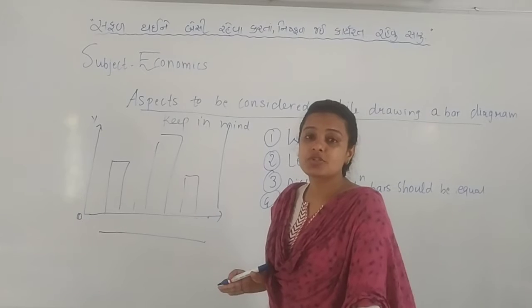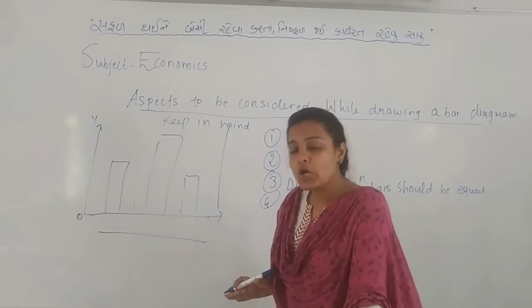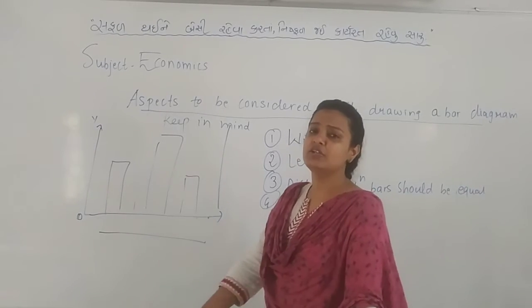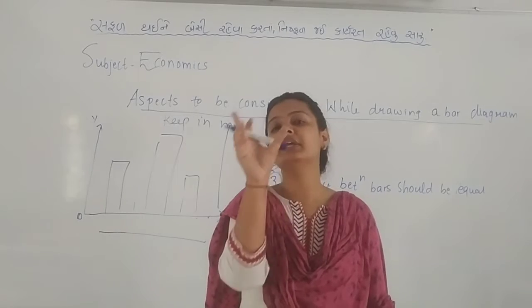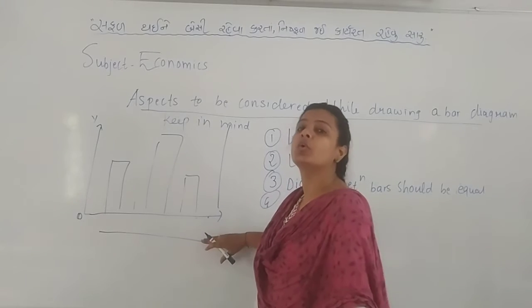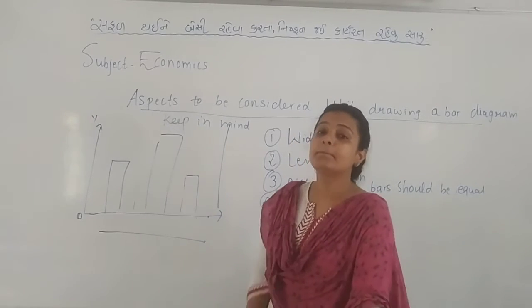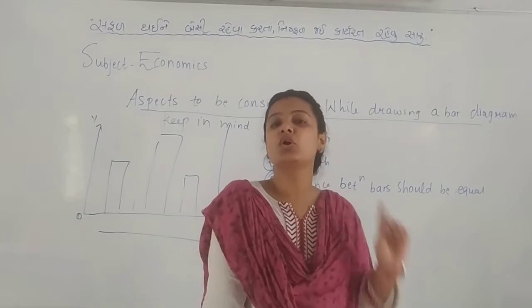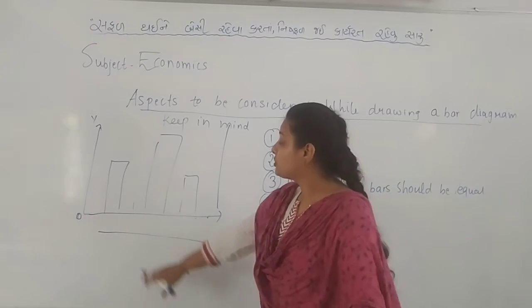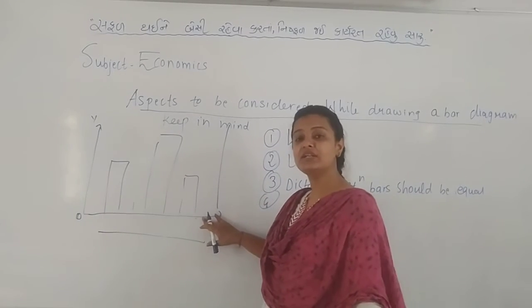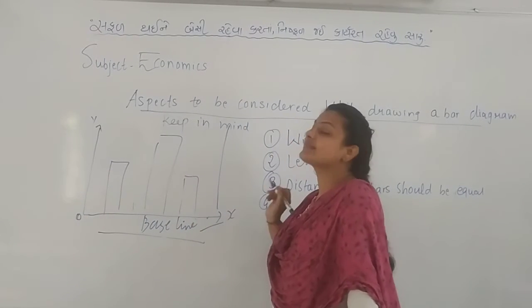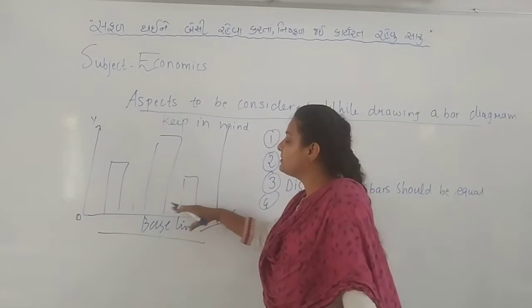It is written in the textbook that through different software or with the help of a computer, you can even draw horizontal bars. If you have to present many bars but you don't have enough space on the page, you can put horizontal bars with the help of a computer. But the bars which you have been drawing since primary class are vertical bars, right? And here it's written that they should be based on the same line. Same line in the sense it's a baseline. This is considered your baseline, which is the x-axis. All bars should be on the x-axis.